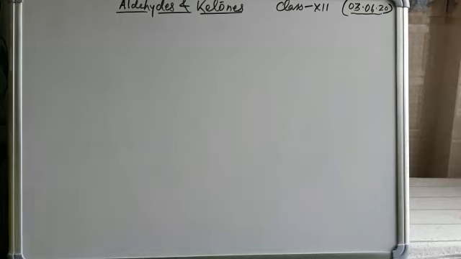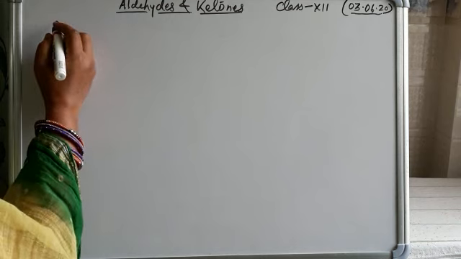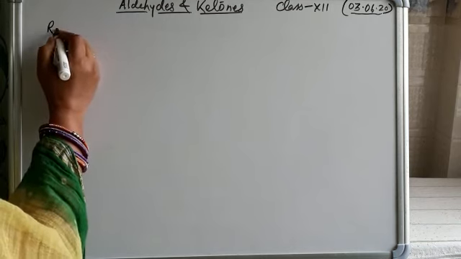Hello students, today I am going to discuss the acidity of alpha hydrogen in aldehydes and ketones. Reaction due to alpha hydrogen, in which we study about the aldol condensation, what is aldol and aldol condensation, cross aldol condensation and so many reactions. At first, see reaction due to alpha hydrogen.